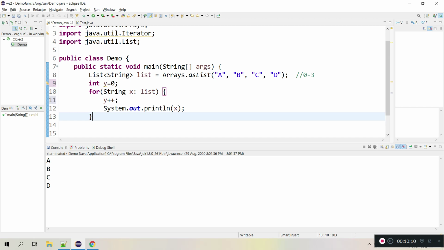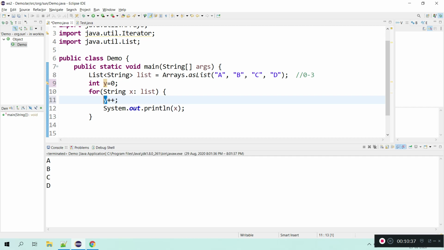I cannot skip that one. For that I need to use index based only, so that if I want only odd elements or if I want to get only even elements, that is possible using index based. Here we cannot do that one, we need to again introduce that index. That is the limitation. Yeah, that's all for now, and hope you understood enhanced for loop advantages and disadvantages.